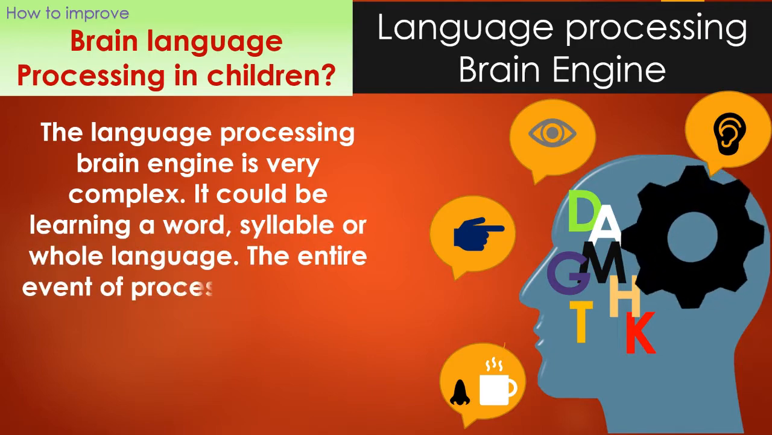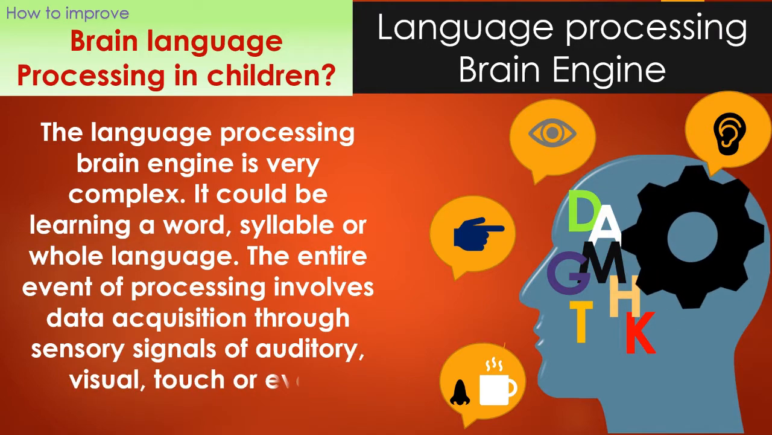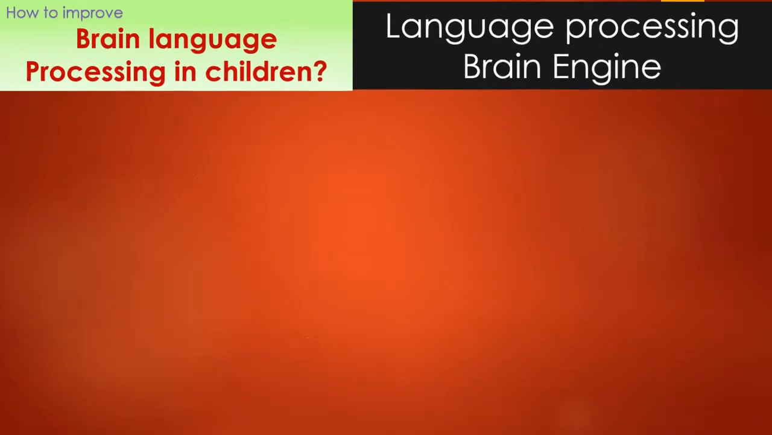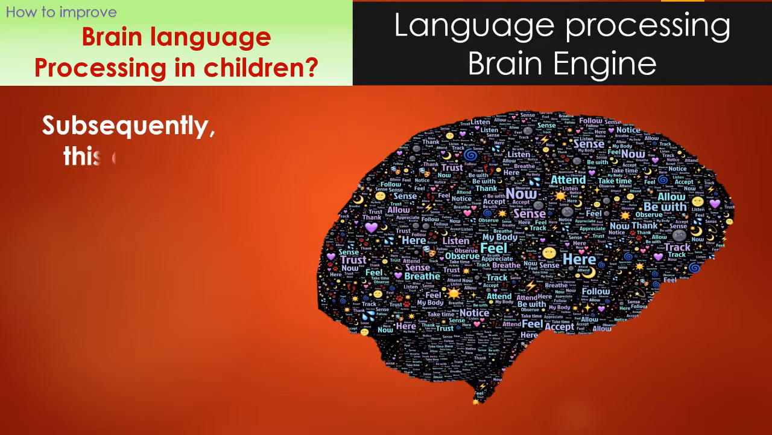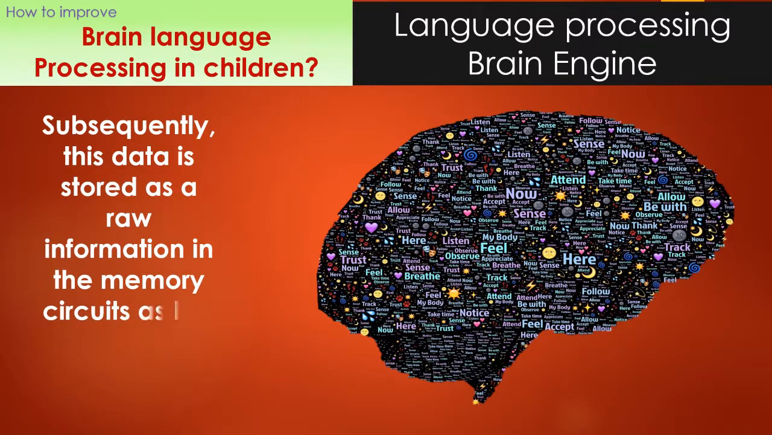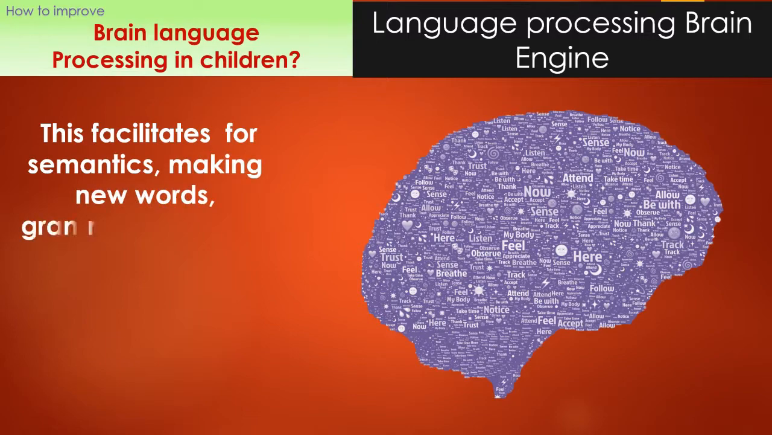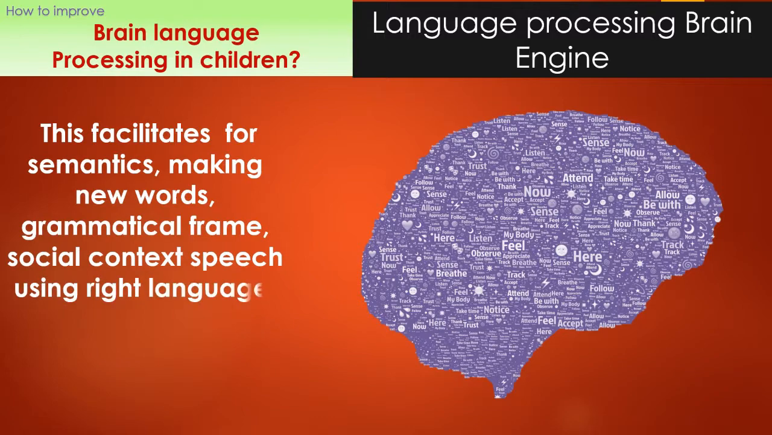The entire event of processing involves data acquisition through sensory signals of auditory, visual, touch, or even olfaction. Subsequently, this data is stored as raw information in the memory circuits as bits of information with proper coding. This facilitates semantics, making new words, grammatical frame, social context speech, using right language, articulation, voice expression, and clarity